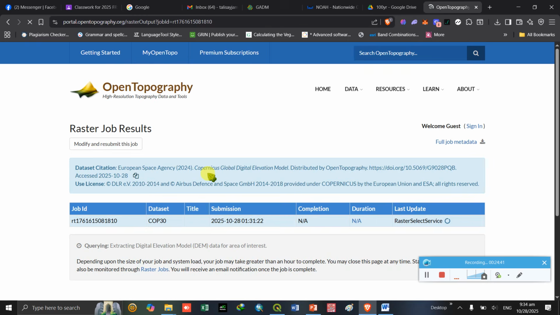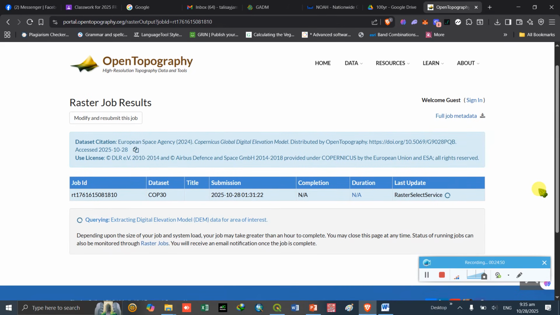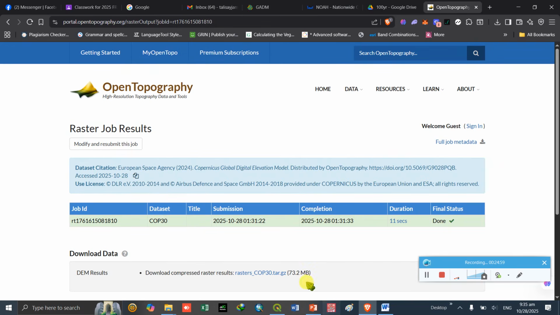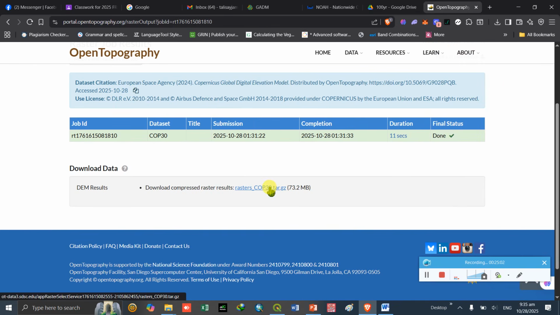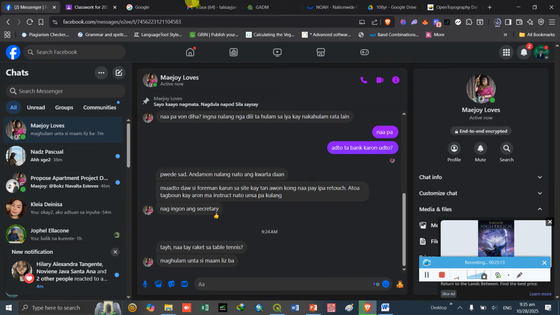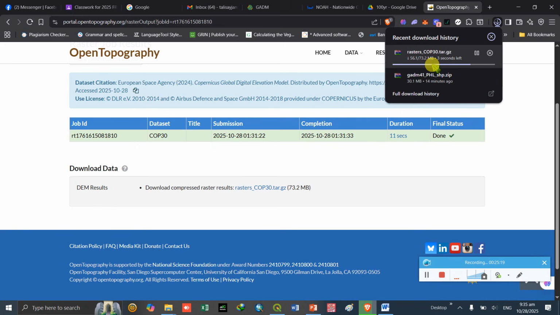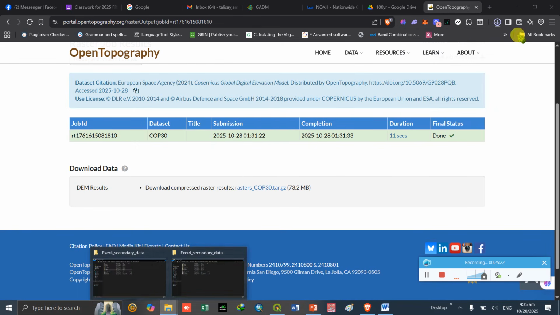Okay, so we will wait for the confirmation if the data were already processed. Extracting, so that the link will be sent to your email, or we can have it right here. So this is the link, so we can download it and then we will copy the downloaded data.